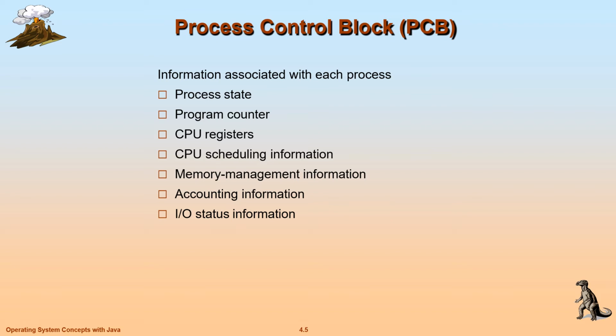Now in detail, we will discuss what the process state is. Process state may be the new state, as we have seen in the previous diagram. A process may be in the ready state, running state, waiting state, halted, and so on. These are the states of a process. What is the job of the program counter? The program counter always points to the next instruction to be executed of that particular process.